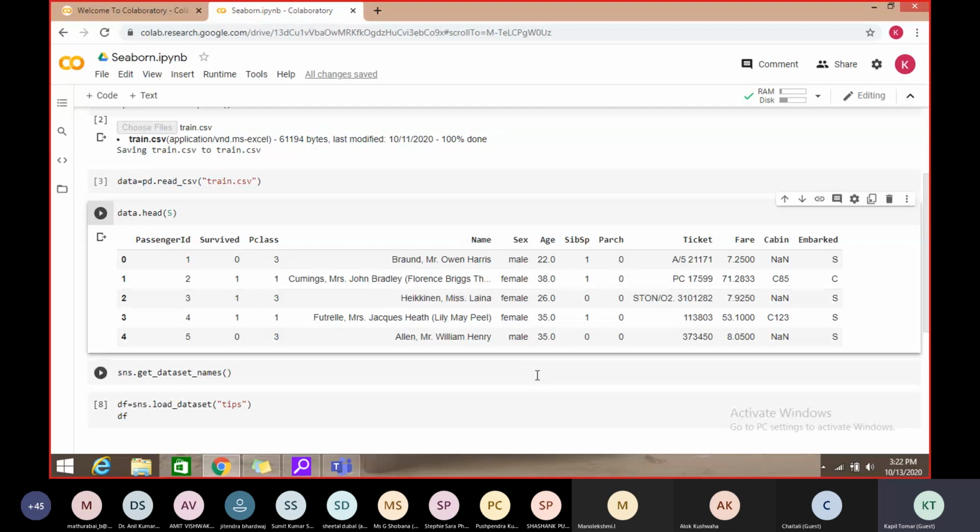What I want to know are the outliers, meaning the range. What is the range of the age of each and every person who was sitting in this Titanic, or the train, right? So for outliers, I have to check the age of each and every person.